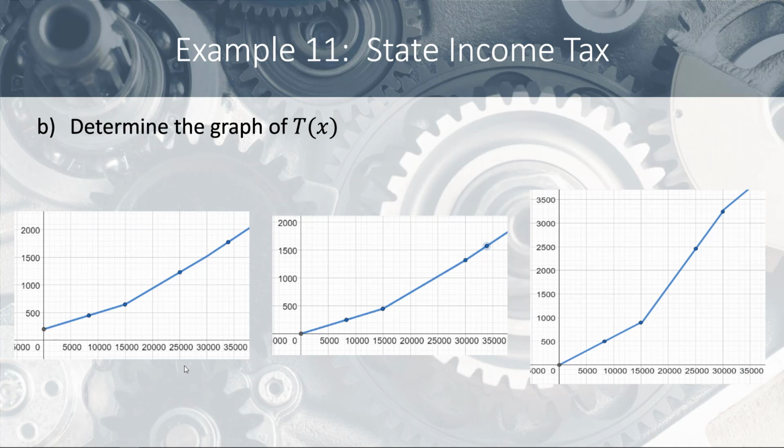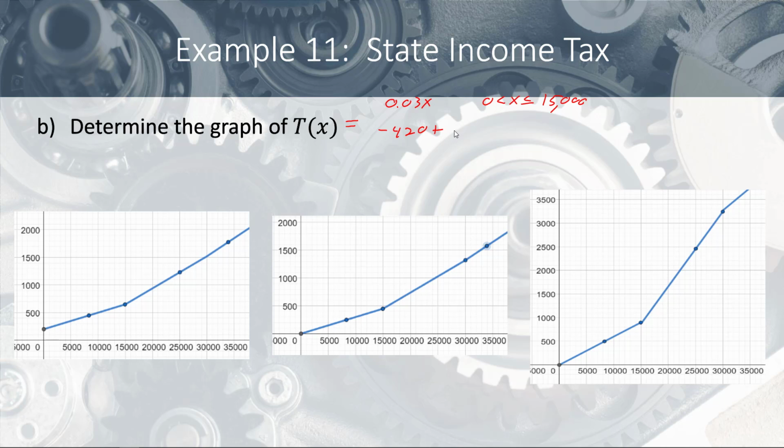Okay, now for part B, we need to determine the graph of the tax. Now, let me go ahead and rewrite the equation. This T of x is going to be equal to 0.03x when x is strictly greater than 0 and less than or equal to 15,000. It's going to be equal to negative 420